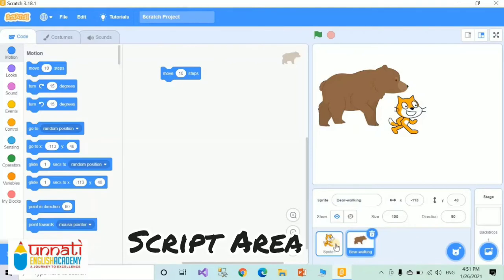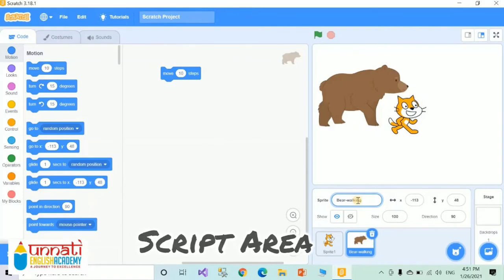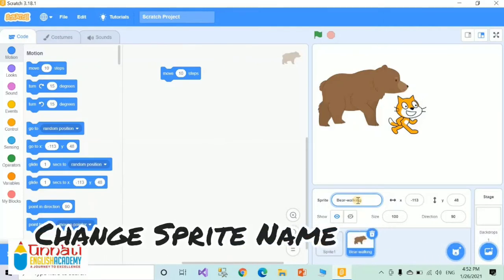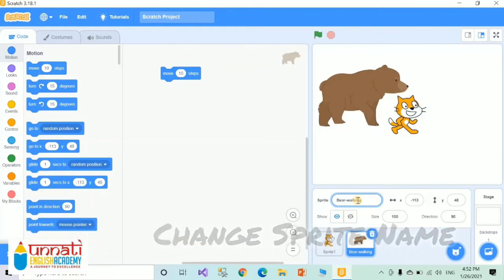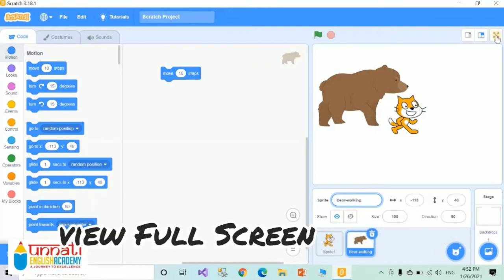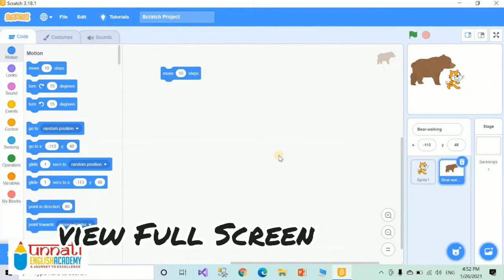So here there are two sprites, one is the cat and the second one is the bear. Now you can change your sprite name using this box. There are 3 different view buttons available. You can identify the change with the first one.